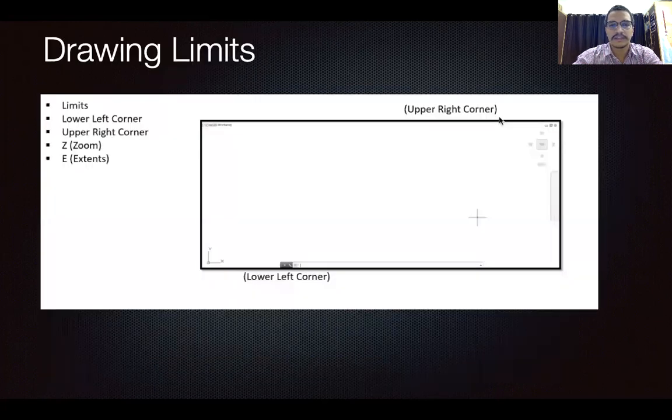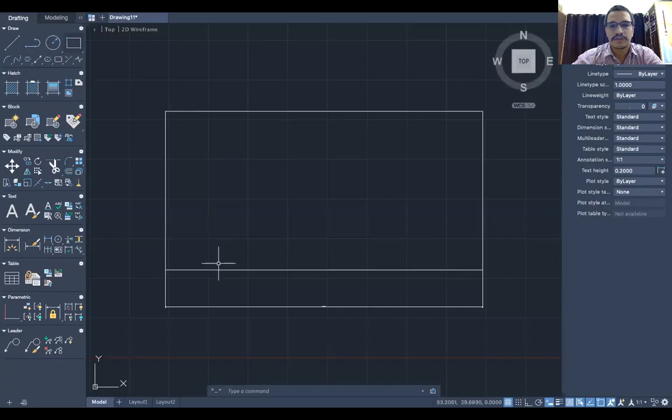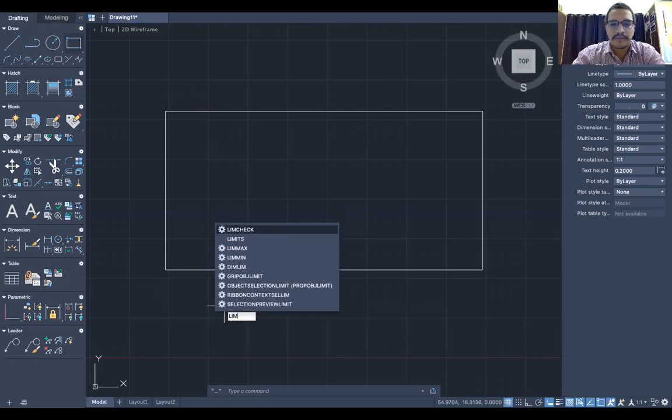Now second is drawing limits. Limits are also important in order to specify the drawing area. It is very simple. Firstly, you can directly type. I will go to the user interface. For example, for this drawing as well, I have to set the drawing area. So what I will do, I can just type limits, LIM, and you will get it in the second option also.